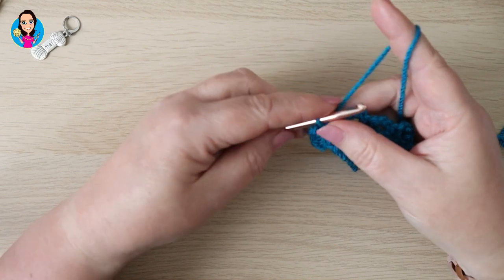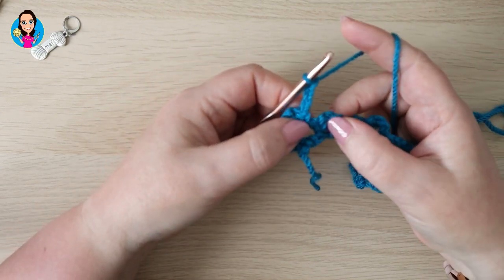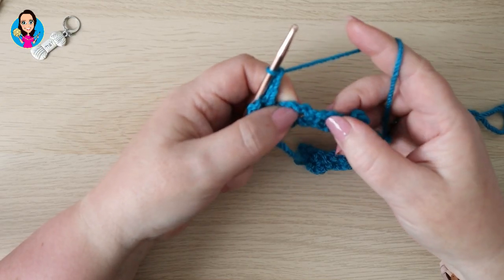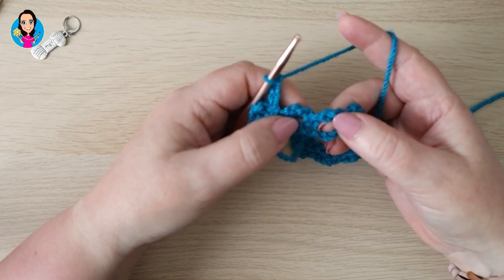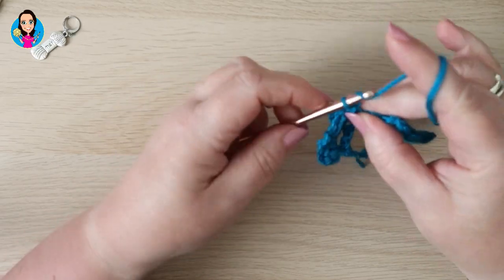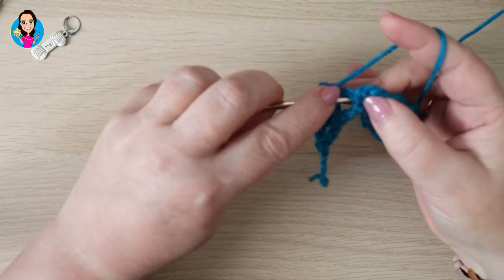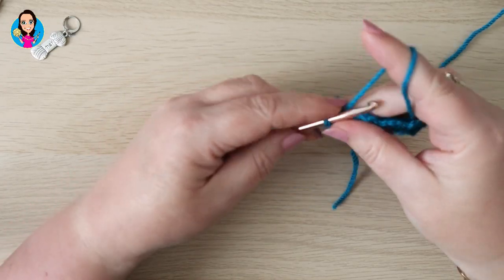We're then going to chain 3, 1, 2, 3. We're going to skip the double crochet, skip the next 3 chain space, skip the next double crochet, and into the next 3 chain space we're going to do a double crochet, chain 3, and a double crochet, all in the same chain space. Chain 3,